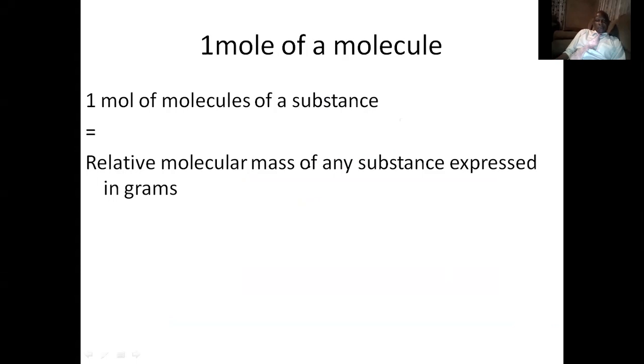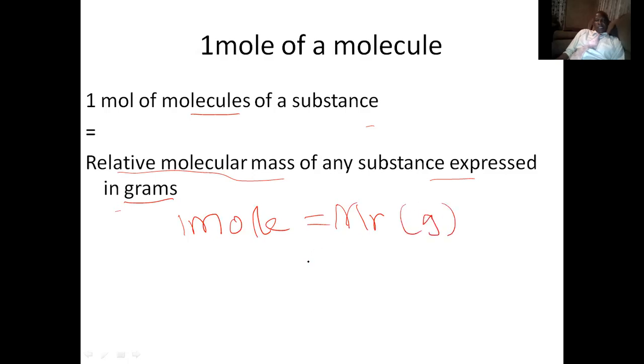And we note that 1 mole of molecules of a substance is equal to the relative molecular mass of any substance as expressed in grams. In other words, we are saying 1 mole is equal to the relative molecular mass of a substance, and this should be expressed in grams, or in other words,